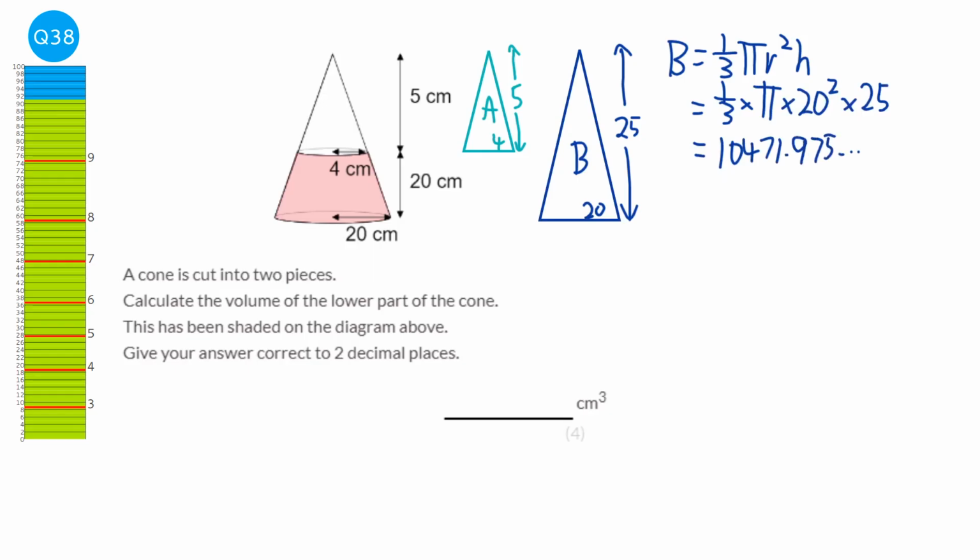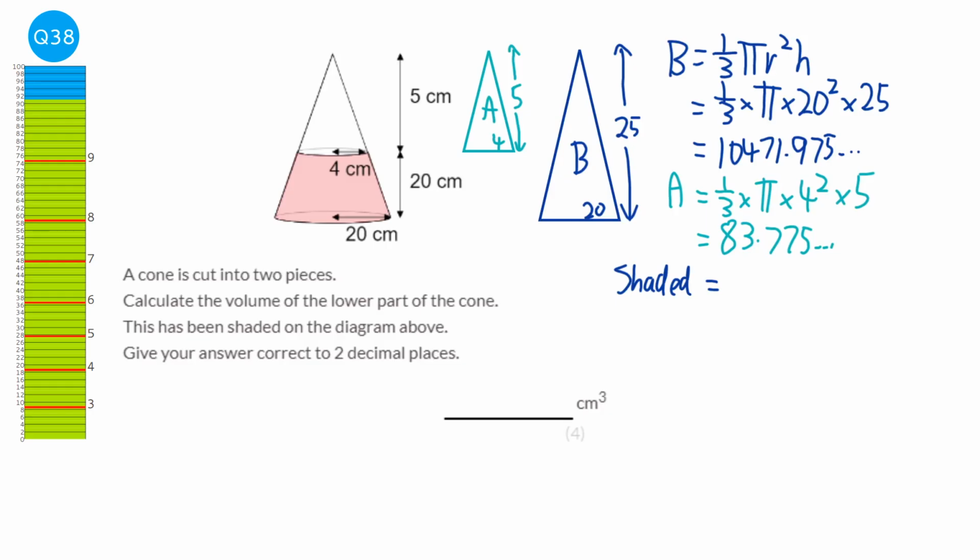10,471.975, blah, blah, blah. We're going to work out the volume for A, and this time it will be 1/3 times pi times the radius now is 4, and the height is 5. So that will be 83.775, blah, blah, blah. So to work out the shaded bit,